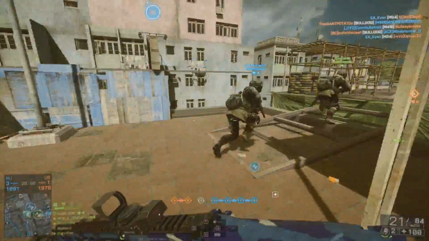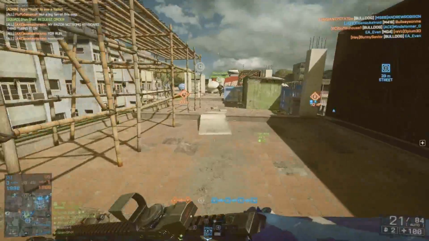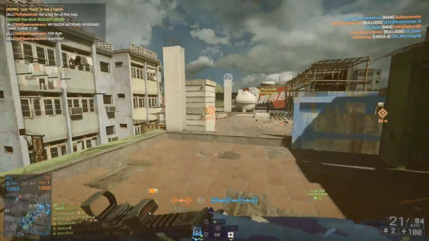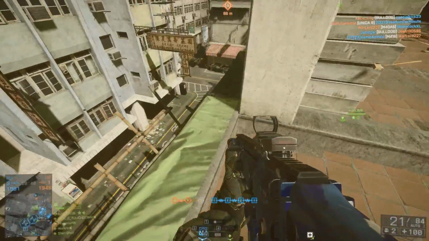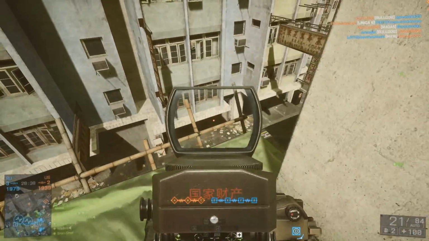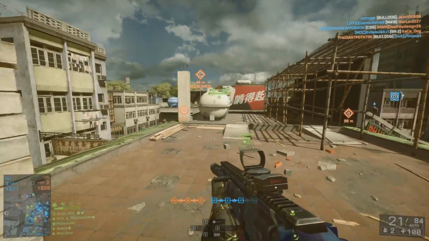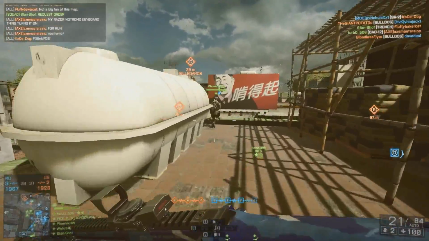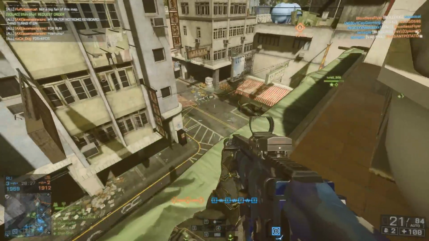I'll explain Chain Link. First things first, the first similarity is it looks like Conquest. There's flags, you have to capture them. It's not like Conquest where it takes a while to capture a flag. It's more like Domination. It's very short timing to actually capture the flags, which makes for an interesting strategy too,